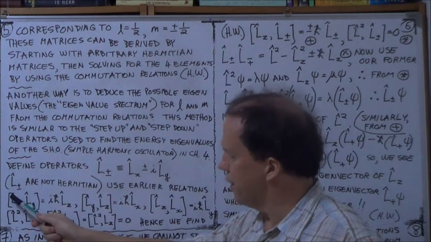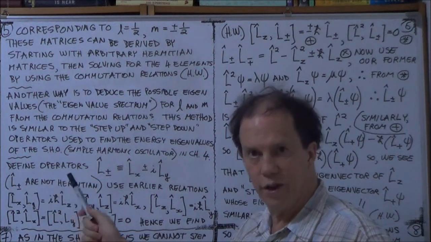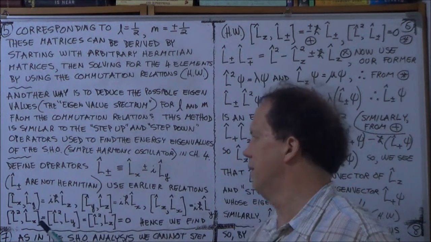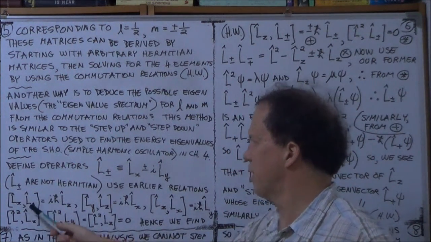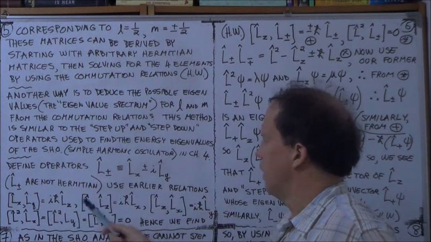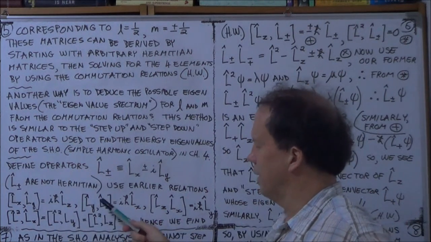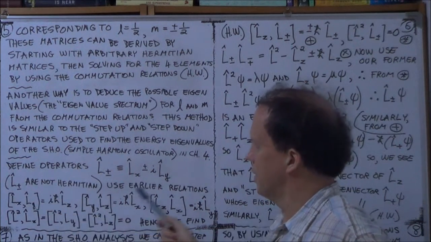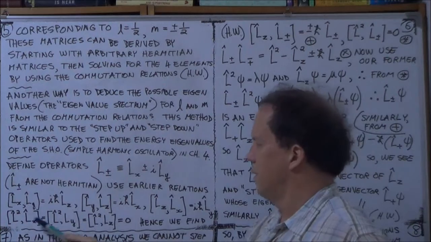If these hats were the old differential operators, then you had these. I've written them out again. We've got 6 relations. These 3 non-commuting relationships, the commutators, and these 3